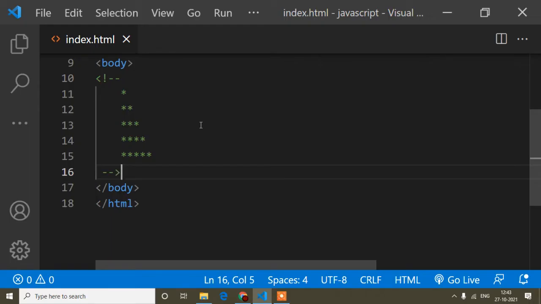Hello guys, welcome to my video. In this JavaScript tutorial today I will create this type of pattern. Here you can see I have already added this one. So this pattern I will create using code. And you have already watched my thumbnail, so I hope you can understand what I will make in this video. So guys, if anyone asks you to create this kind of pattern,